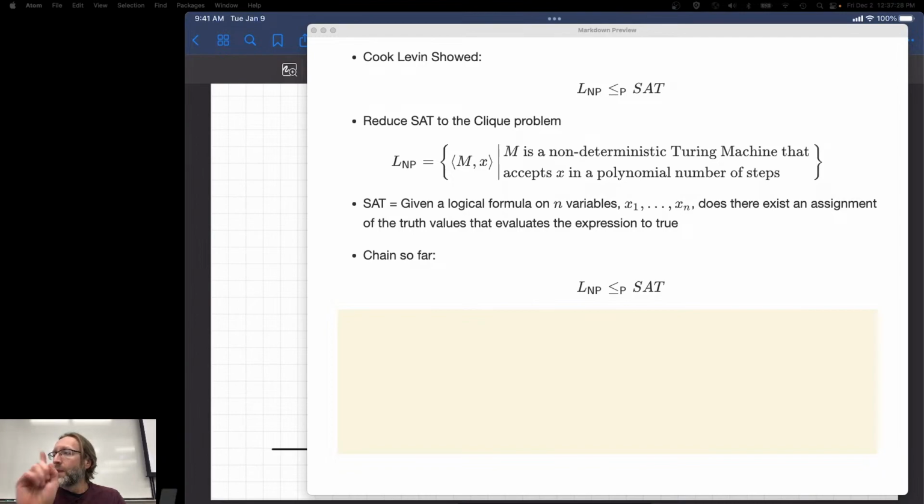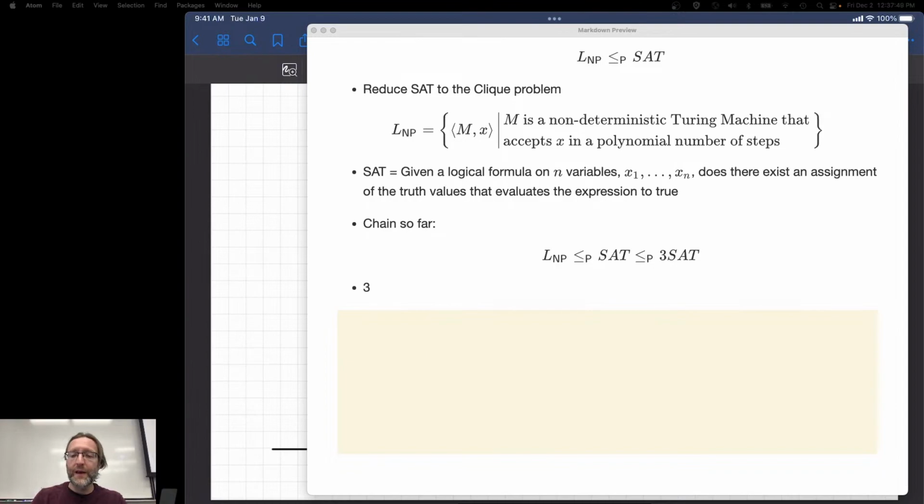So that problem, the canonically complete problem, reduces to SAT. That was due to Cook and Levin in the early 70s. From that, we can now reduce to other problems. For example, I'm going to immediately reduce here to 3 SAT. So what is 3 SAT? 3 SAT is a satisfiability problem where all expressions are CNF, which is